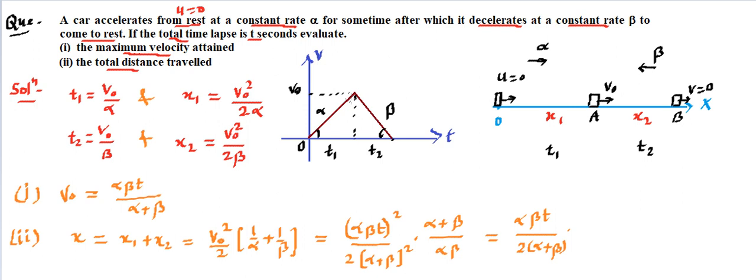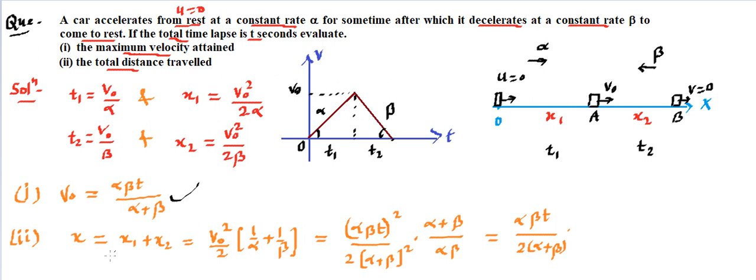So from here you can measure this alpha, then beta, then t1 plus t2, whatever we did. That's also going to be handy to get our answer, or at least from here you need to understand how we can plot the graph. So this entire motion can be represented by this graph, which says the velocity increases with a constant acceleration and then decreases with a constant retardation. Understood? Well, so this is your answer.